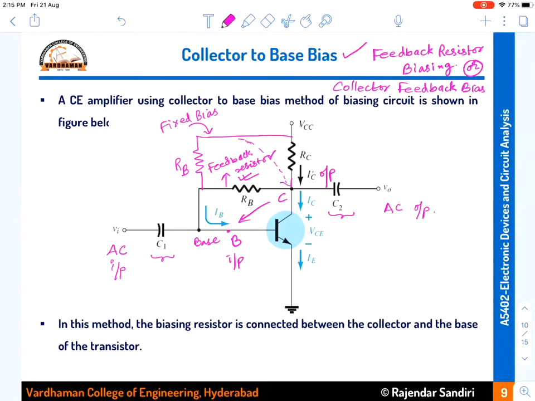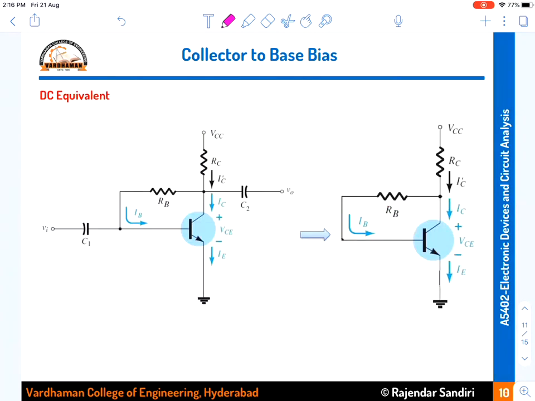Okay. Now, but these biasing circuits are only DC biasing. Therefore, I have to draw the DC equivalent. Then the DC equivalent of that one will become, you just have to make Vi equal to 0 and XC equal to infinity. So this will become open. This capacitor also becomes open. That means this portion of the circuit is disconnected. This portion of the circuit is disconnected. Only the middle region is taken, which is the DC equivalent of the circuit. That circuit, if you redraw, becomes this circuit.